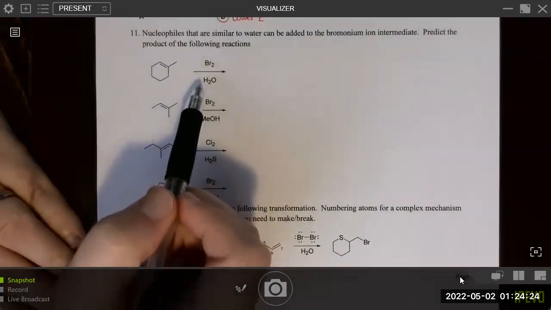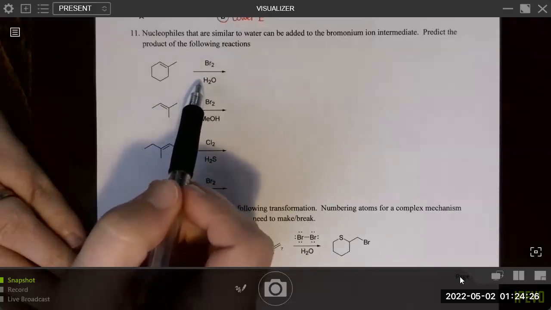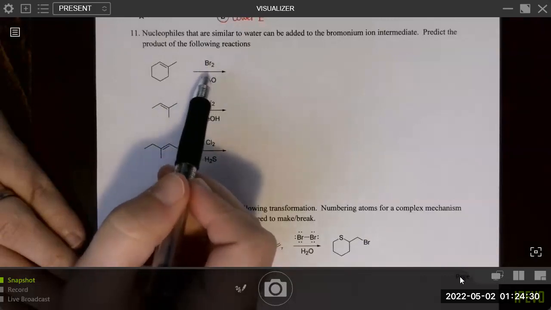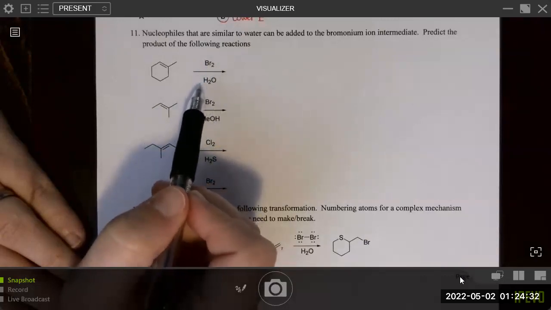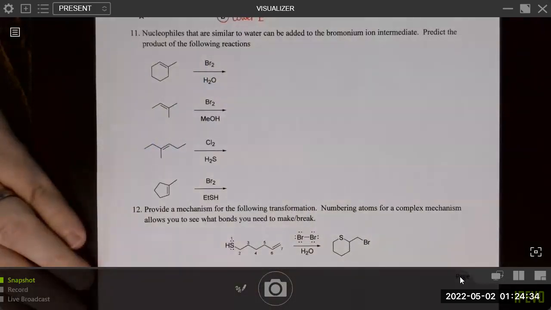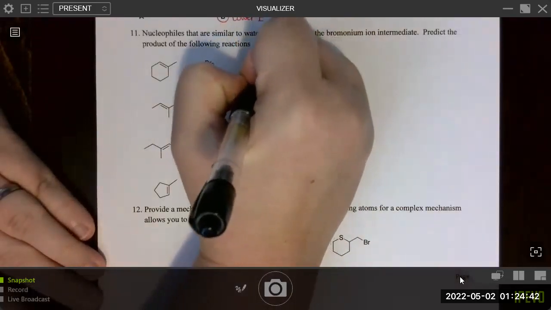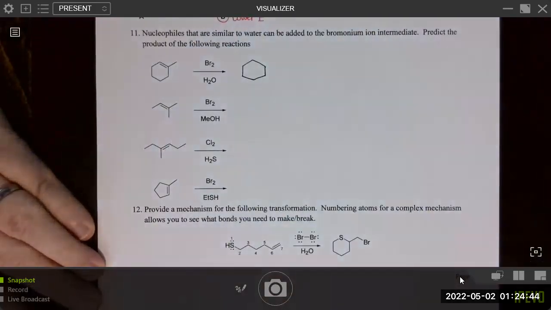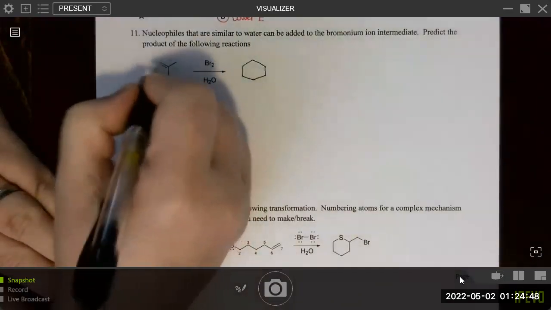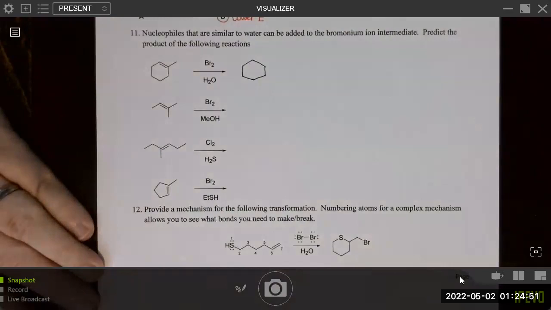So recall that we are doing anti-addition of bromine and OH across the double bond. The OH will go to the more substituted carbon. We want to make sure we get the regioselectivity correct and the stereoselectivity correct. So let's go ahead and draw in the product without the groups first. So we just take away the pi bond, right? And then we start adding the groups.